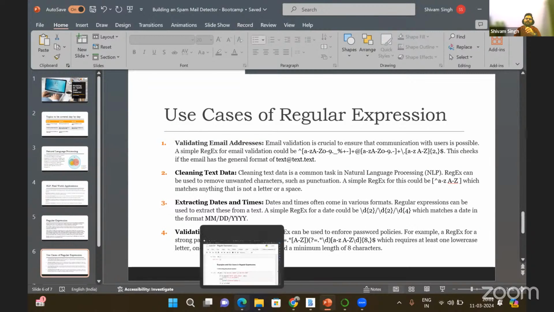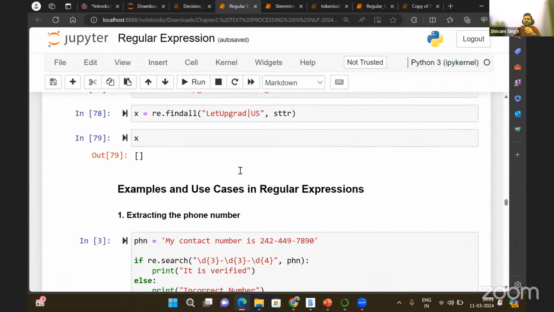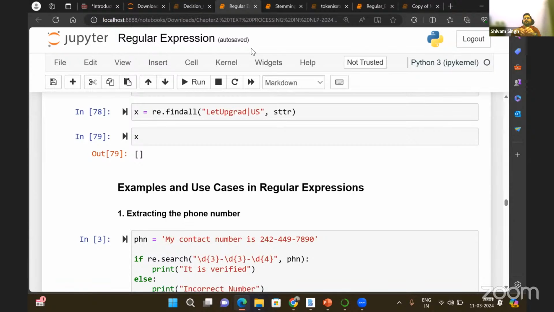Similarly, guys, if I want to clean my data set, I have shown you one example with the substitute method. We can also clean the data. So if my data set contains any special character, if my data set contains any